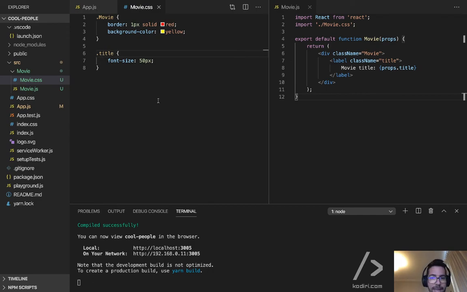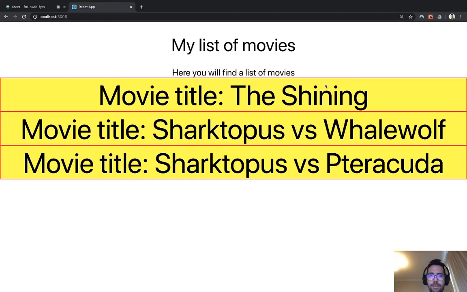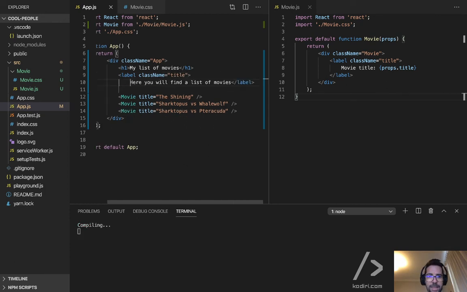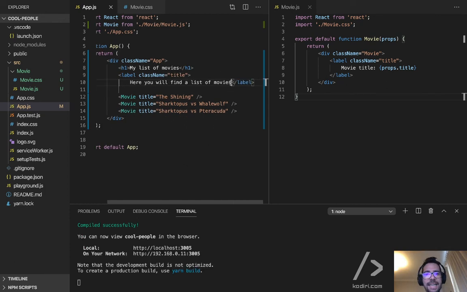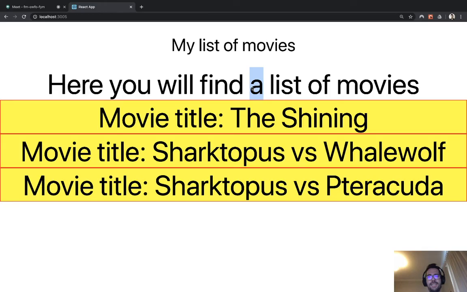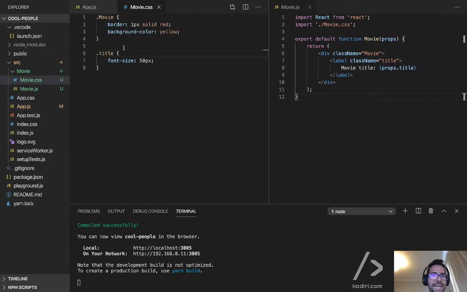But even though now the problem is solved, still someone could use that class name as well, right? Class name title. So this is less likely to happen, but title is a very generic name, so it still may happen. So to me, the best solution possible is to namespace our CSS selectors. What that means,